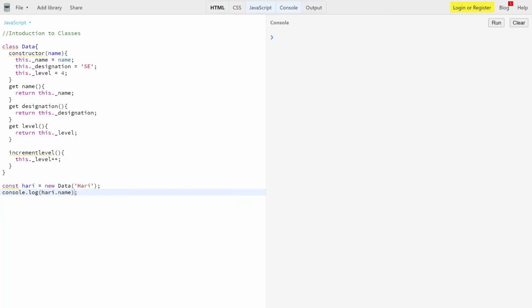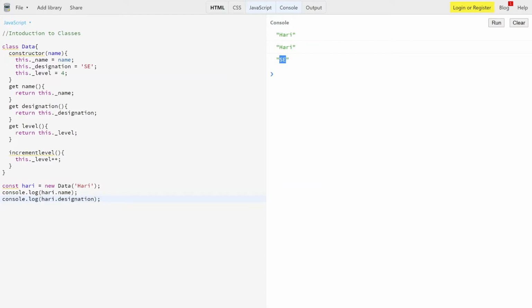Press control enter to run it. I'm giving the name Hari, and we can print console dot log, which is hari dot designation. Print. As you can see, you also get the designation.